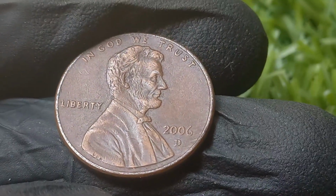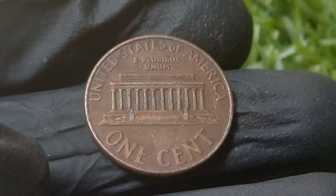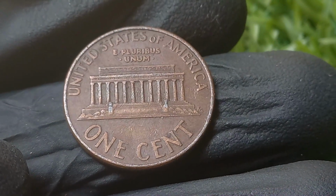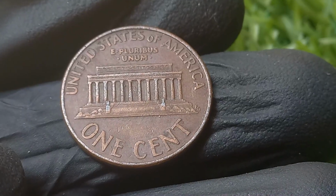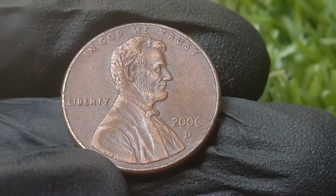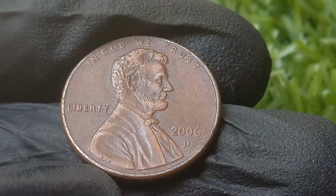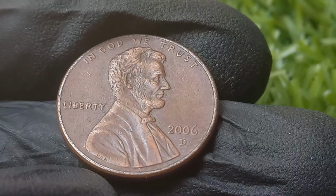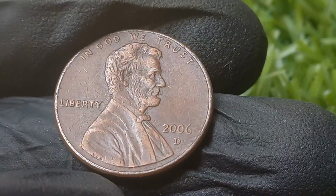First, check the date, 2006. Second, look for the mint mark D. Then, study that letter carefully. If it looks stretched, doubled, or strangely formed, unlike the crisp mint marks you usually see, don't ignore it. Get it authenticated immediately. The difference between an ordinary cent and a $1 million coin comes down to details smaller than